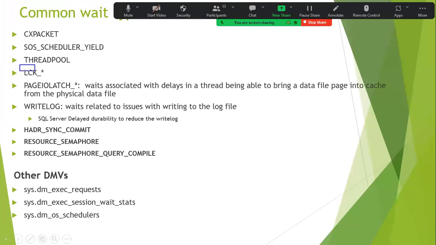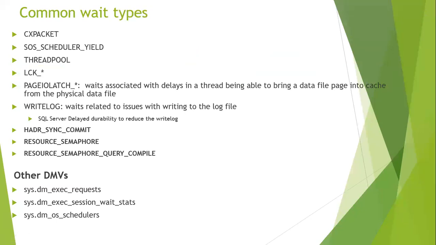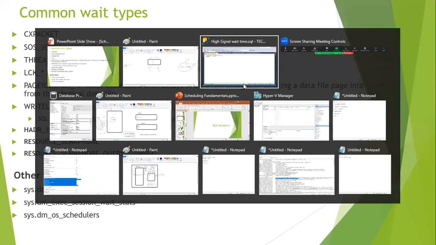Lock, we all know. So if there is any incompatible lock, right? You are executing some select statement, and at the same time you are doing some update or some delete. Then it requires an exclusive lock on the table or on the resource or on the row that we are executing. Then it will be locked by another session, right? For example,